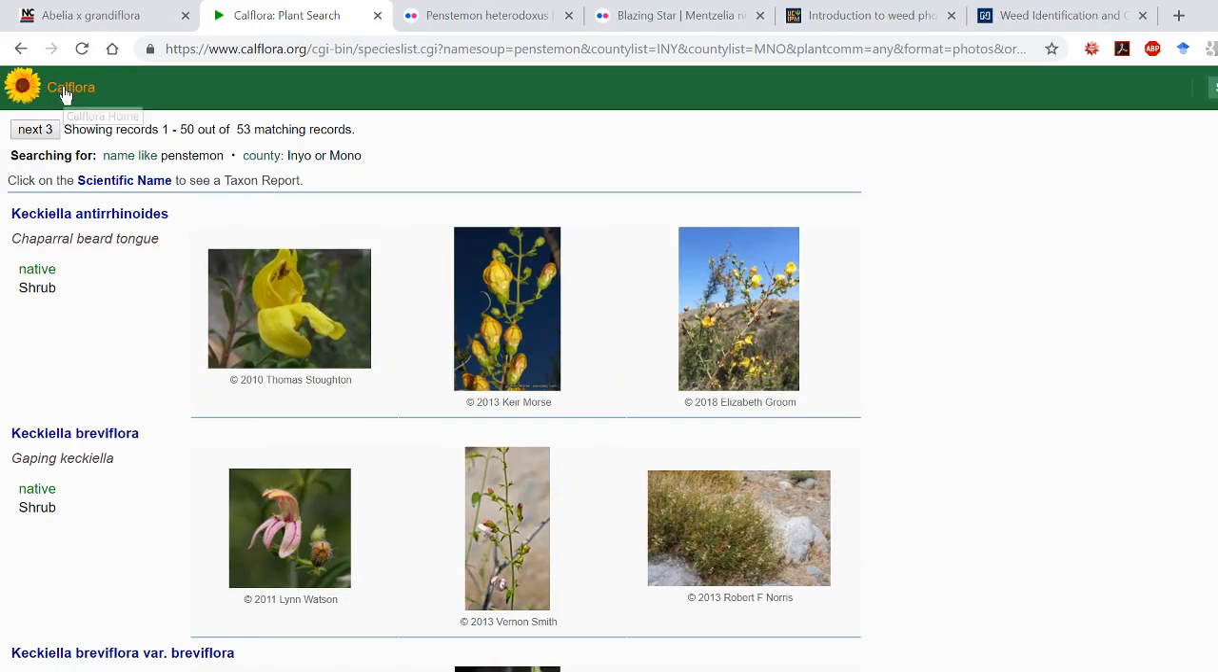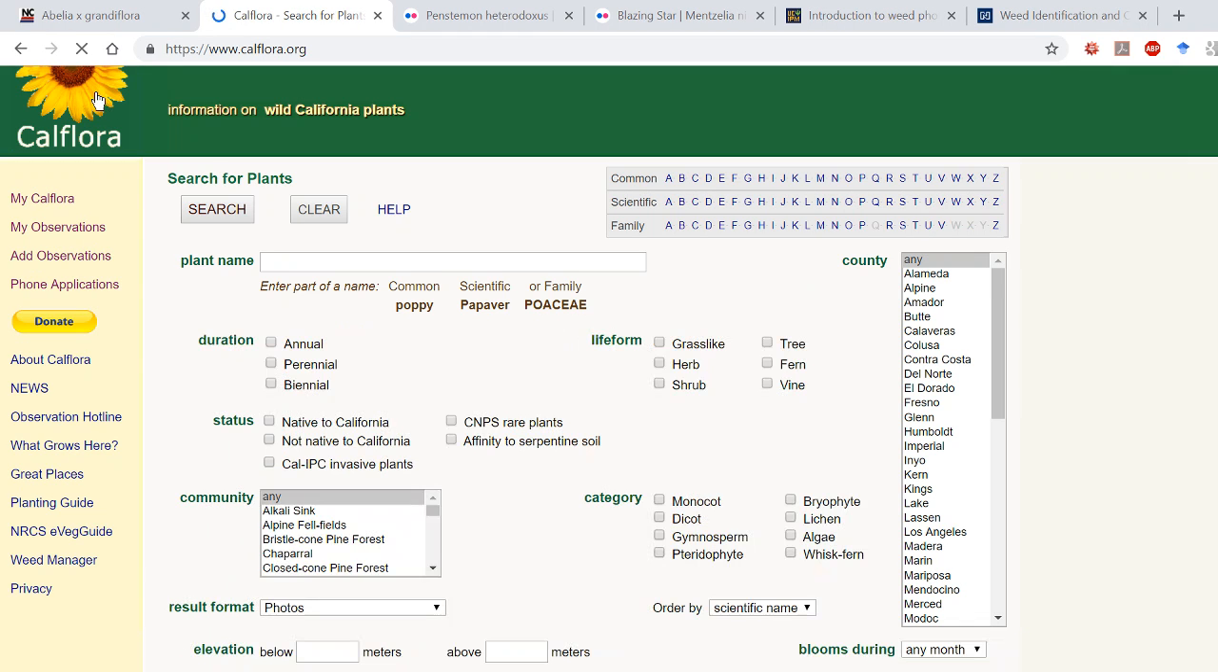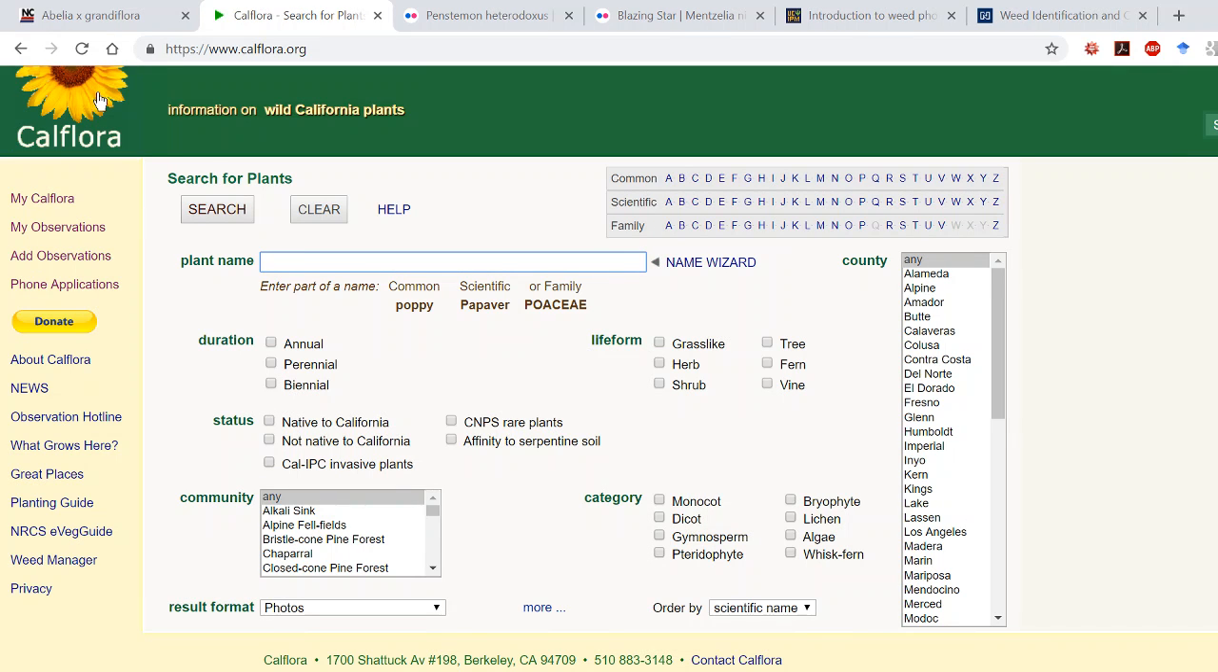So in this case, I happen to know something about the name. I knew it was a penstemon, but let's say I didn't know it was a penstemon. I just knew that it was a blue flowering thing, and I was out hiking in July, and I wanted to figure out what it was. So let's say I was hiking in Inyo County, and it was an herb. It had blue flowers, but I wasn't smart enough to know what family it's in. I can click on this little thing here that says more,